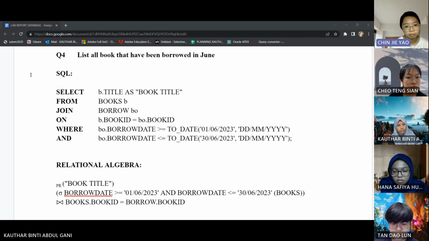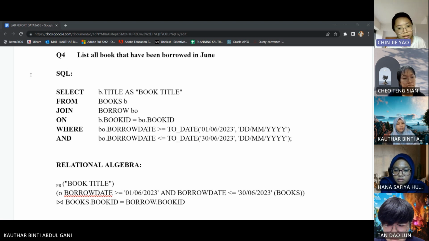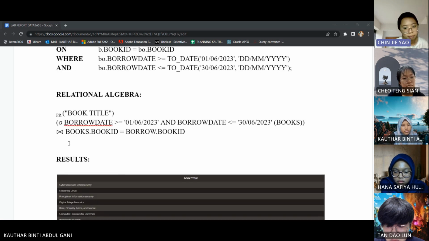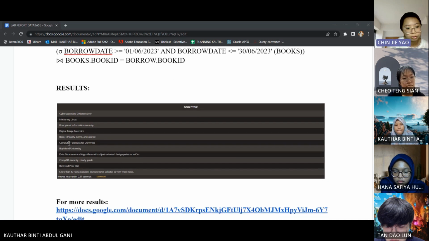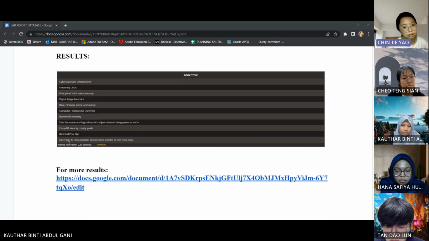For the SQL, select the book title as book title from the books table, join to borrow table on book ID equals to borrow book ID, where the borrow date is bigger or equal to the first day of June, and borrow date is smaller or equal to the last date of June. So the result will show at the bottom. For more results, you might click the link.